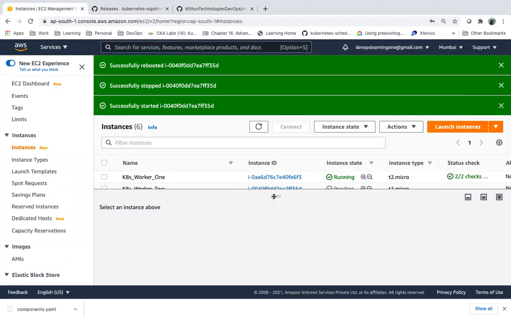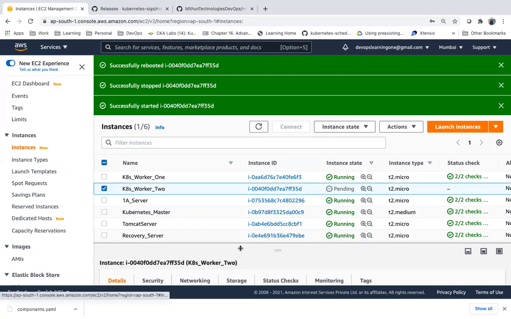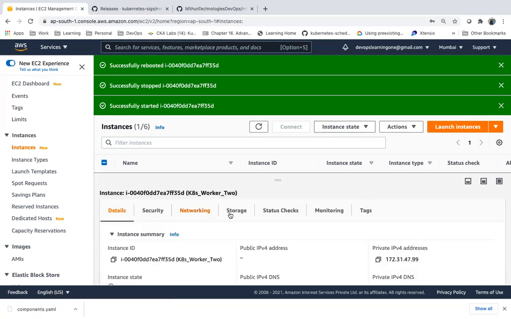Let me open the port in some server, whatever server you want to use, right? Let me open the port in the security group.